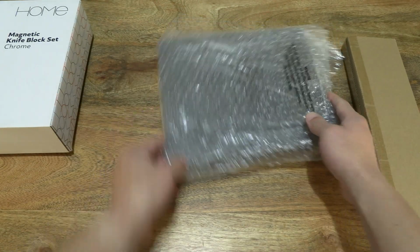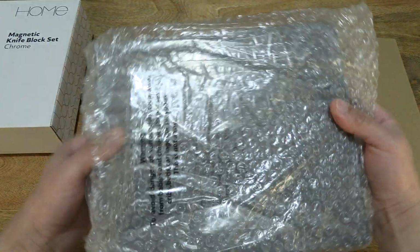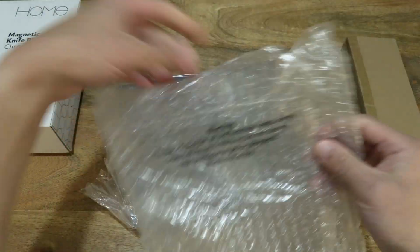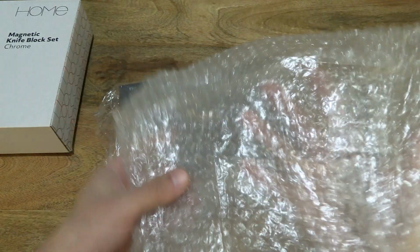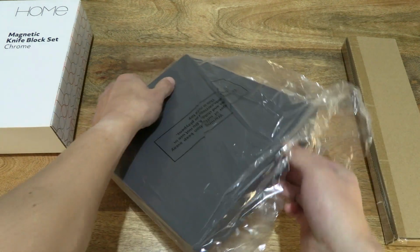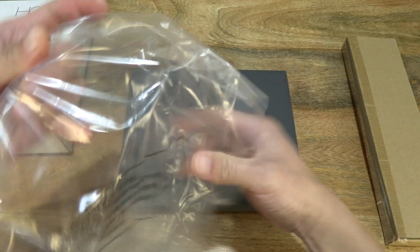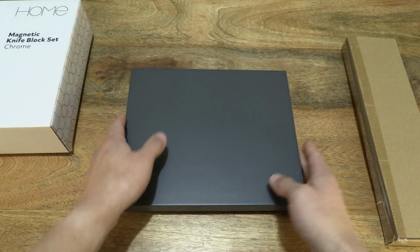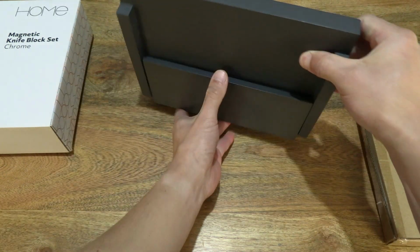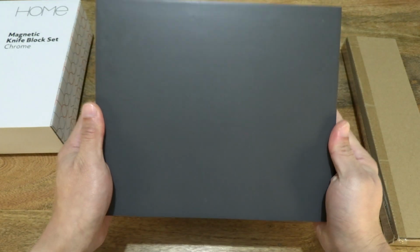let's move to the main block right here, or stand. And let's remove the bubble wrap packaging from it, and of course keep them away from babies, children and animals. And let's continue to remove the inner packaging. So once again doing the same thing with that plastic bag, keeping it safe and away from babies, children and animals. So taking a look at the block,